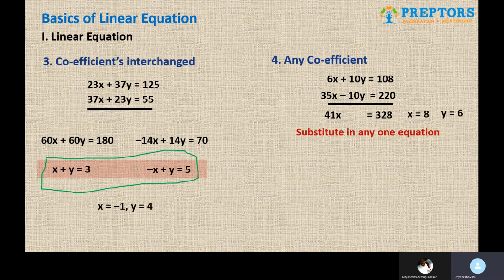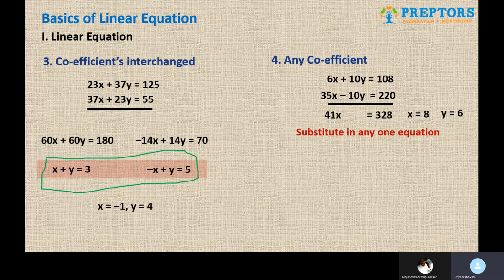So we have covered all the categories of simultaneous equations that you can come across, and how you are going to simplify them. Obviously the advanced stage for this will be, right now we had the equations given to us directly. All we need to do was solve them and get the answers. The advanced category will be that they will give you some word problems, and you will have to first of all form the equations correctly, understanding the word problems, and then solve them as well to get the answer. So that's an advanced stage of this linear equation.